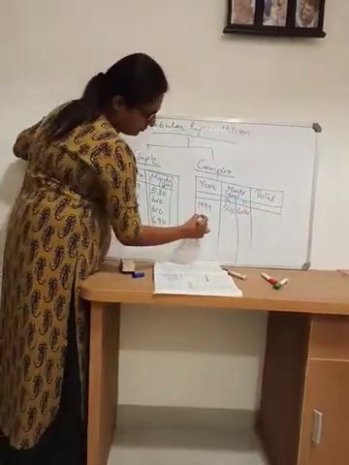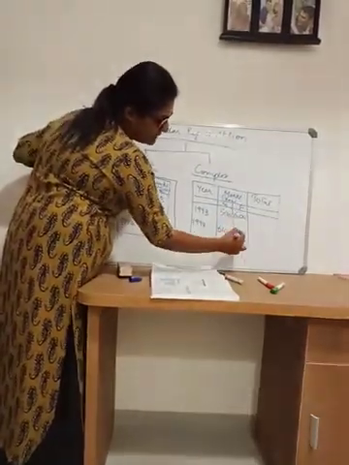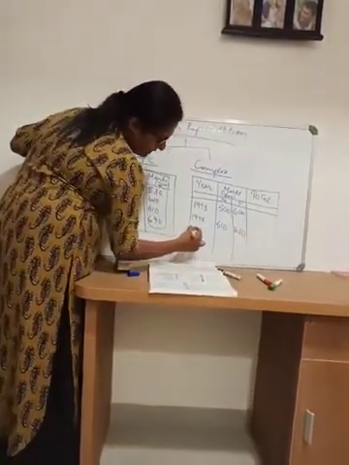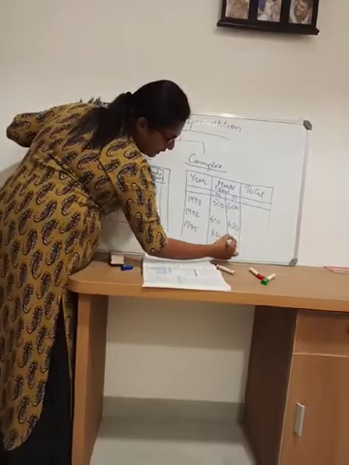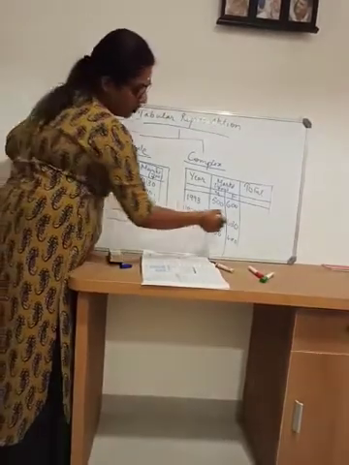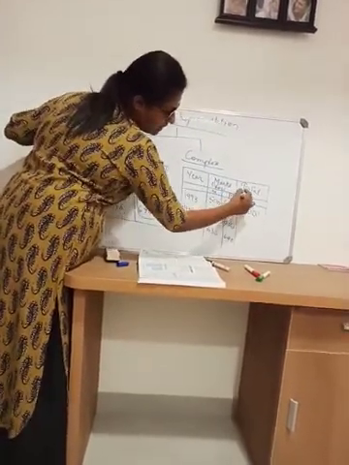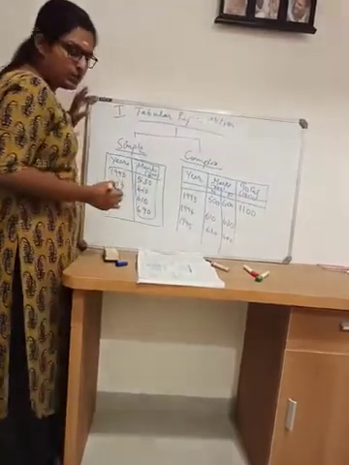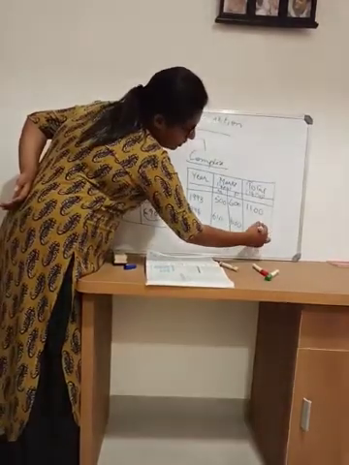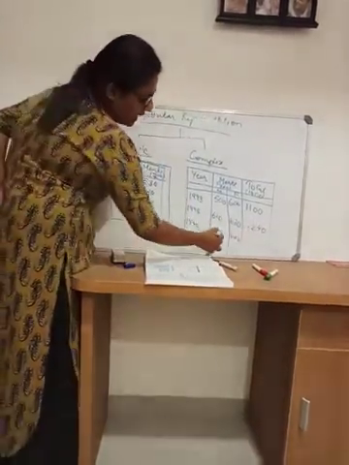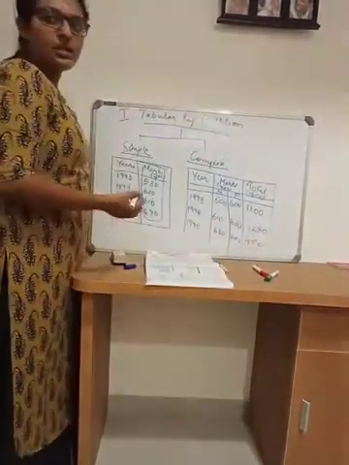In 1994, in the male section, the highest mark secured was 610. In the female section, it was 630. And in 1995, the highest mark secured for males was 630 and for females 620. Now we will take the total marks. This is 1100. Out of 700 plus 700, 1400 in total, this is 1100. 610 plus 630 gives you 1240, and 630 plus 620 gives you 1250. So this is the complex table.